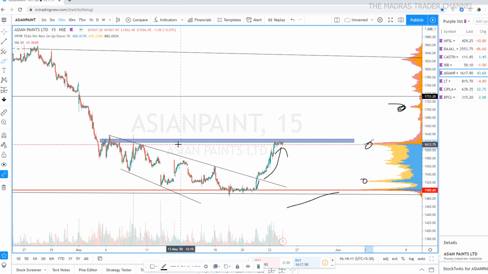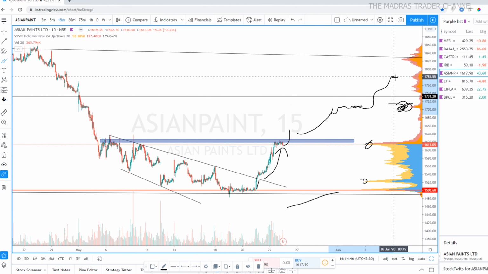Now what can we do with the Asian Paint here? What can happen is, this area is a major supply zone, and when this is broken, meaning that this highly traded volume is also broken, what can we expect? It can move to the next volume, which is this one, right? So the price can hit here and then consolidate a little bit and then move to the next node, which is a high value node, which is 1825.